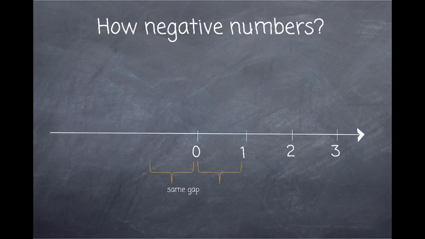So take the same gap to represent the first minus number. What is the first minus number left to the 0? That is minus 1. So we represent minus 1. And what is the next negative number that we should mark on this number line? Next to the minus 1 or left to the minus 1. That is minus 2. Similarly, we can mark all the negative numbers